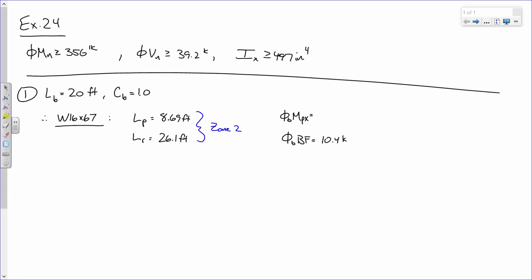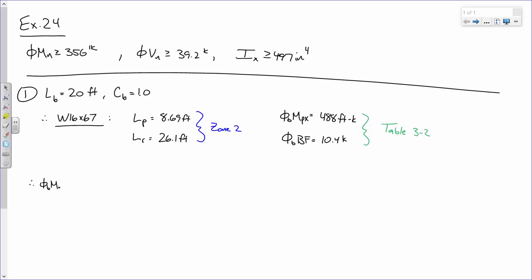How's it going? 488. What's BMP? 488. You're in table 3-2. Say again? 488 foot kips. So these are in the ZX tables, right? So I'll go ahead and put that there. In fact, all this information comes from table 3-2. Okay? So if you're in zone 2, your capacity